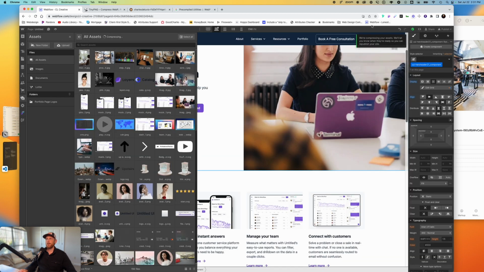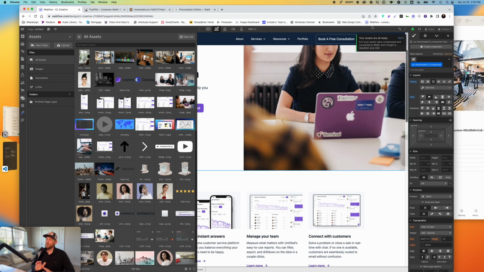It's going to tell you that it's going to compress it, and it's going to actually compress it down to a WebP format. Again, it's not going to resize it, so you need to make sure that they're resized prior to uploading them to Webflow to utilize this compression technique here in the assets panel. But this can be a huge time saver as well, particularly if the images are already at the right size